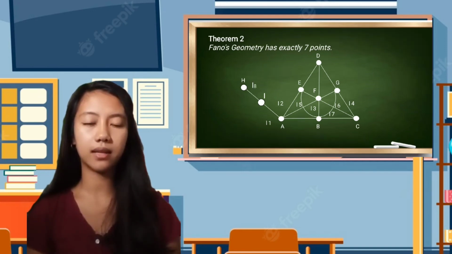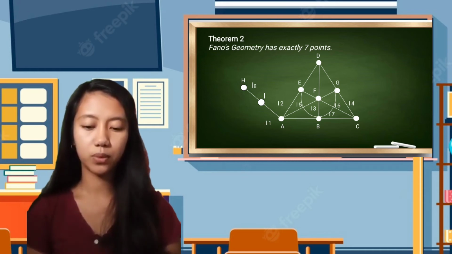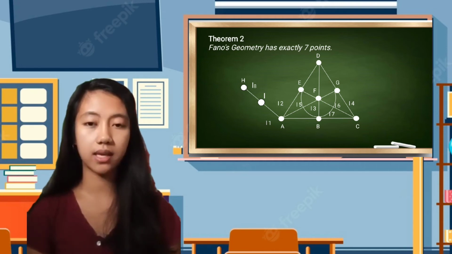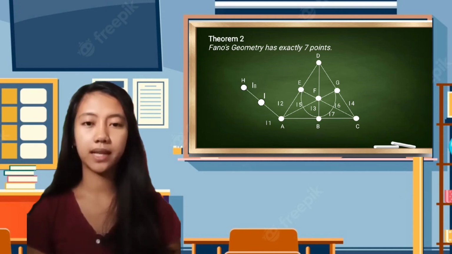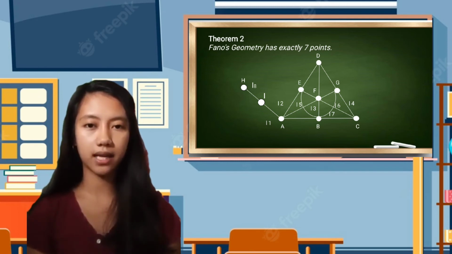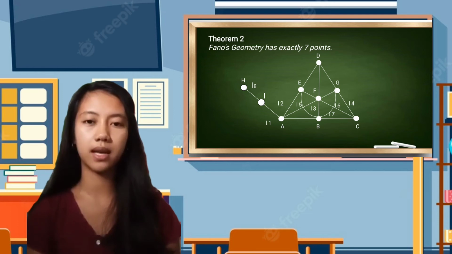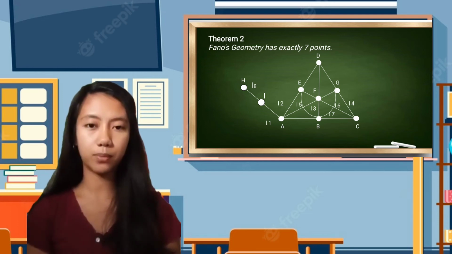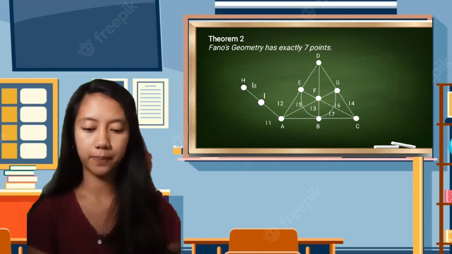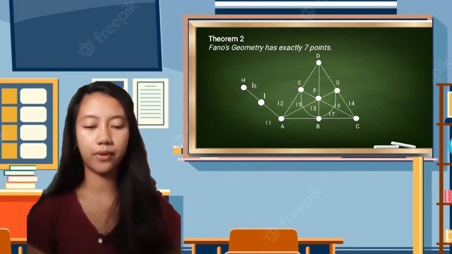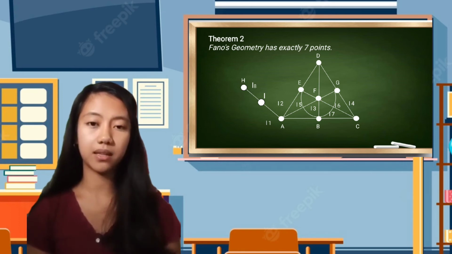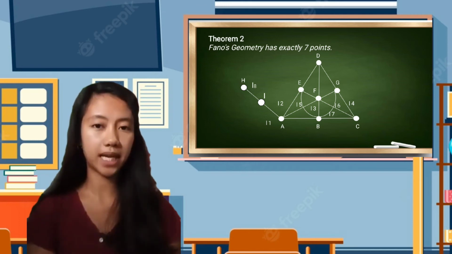So, ang line 8 natin intersects line 1, line 2, and line 5 as they all meet at point A. So, in axiom 2, it is stated that there exist exactly 3 points on every line. Kaya, in between H and A, mayroon tayong third point which is considered as point I. But that point I natin, hindi siya considered in any of the 7 points since this would contradict axiom 4. Moreover, kapag dinagdagan pa natin ng point H ang ating Fano's plane,